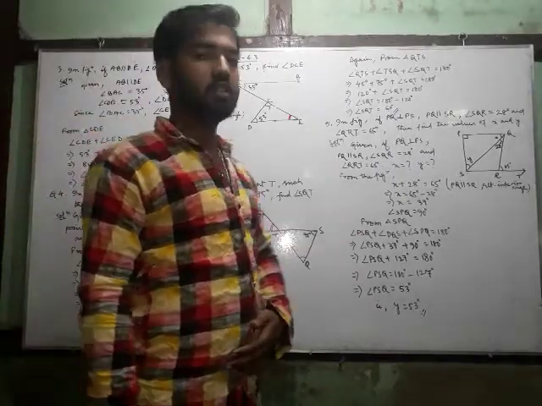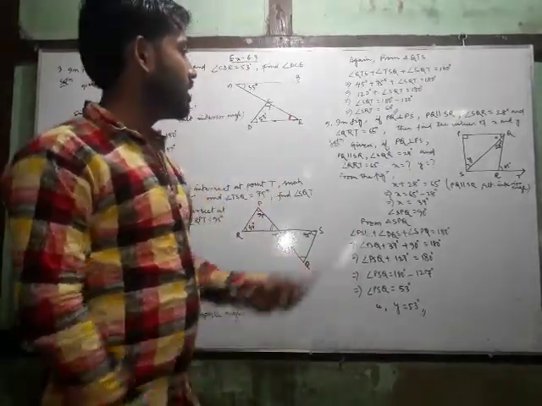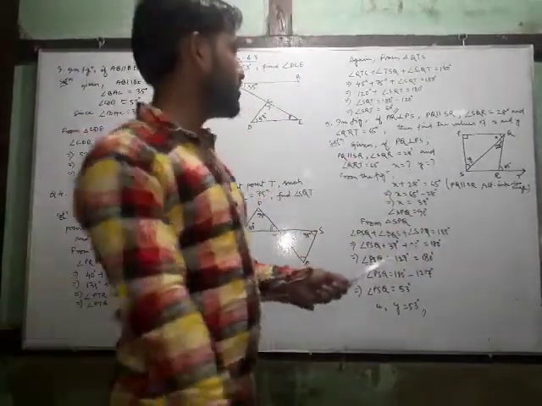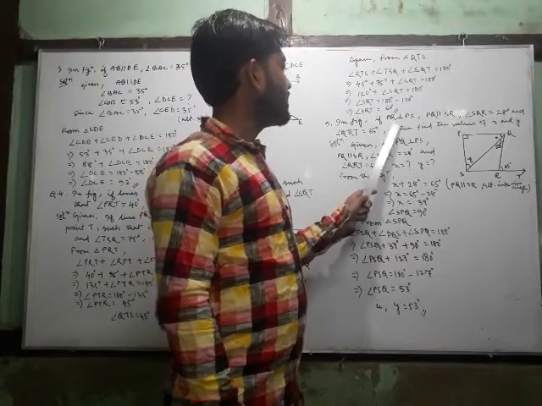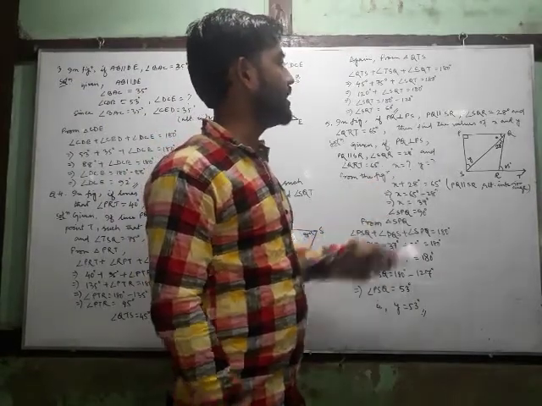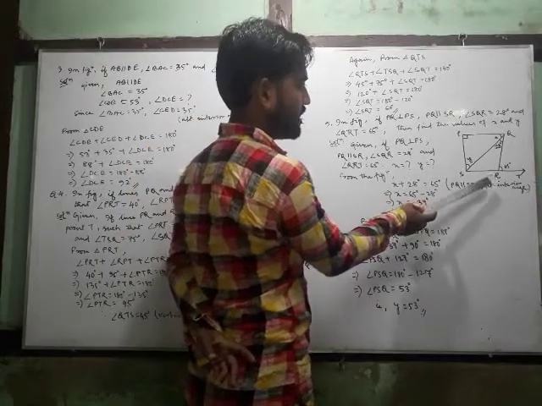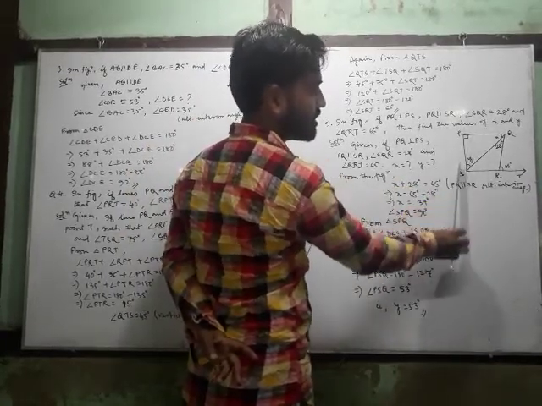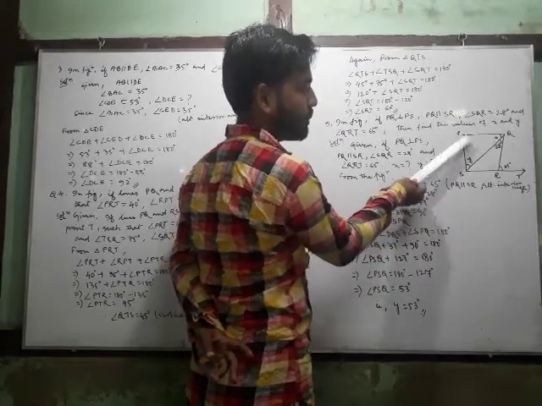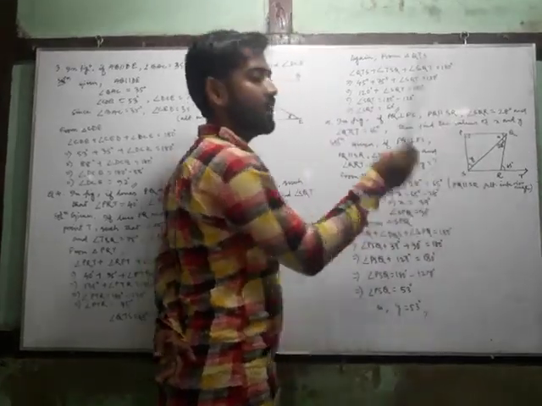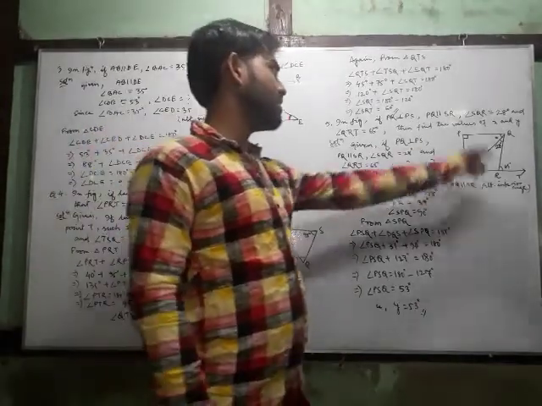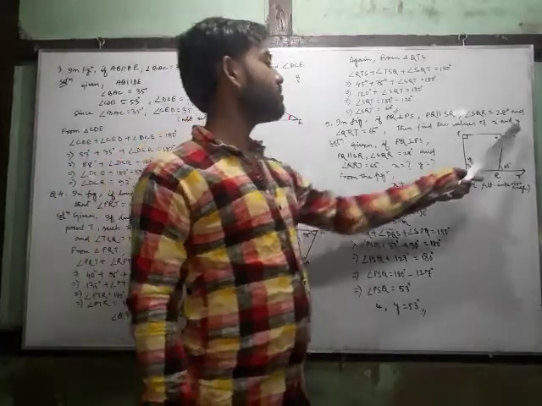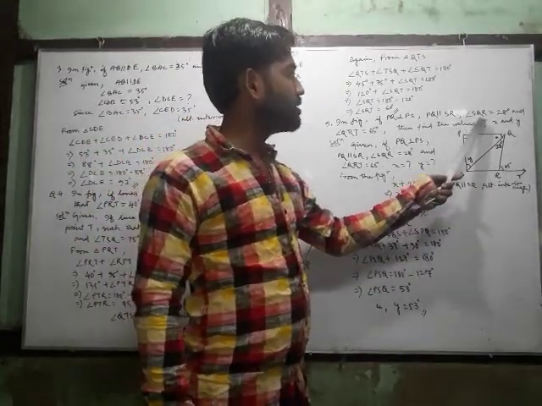Now the next question, question number 5. Let us see the question. In this figure, the information is already given. PQ is perpendicular to PS. This PQ line is perpendicular to the PS line, so the angle here will be 90 degrees. Another condition given is that PQ is parallel to SR, and angle SQR